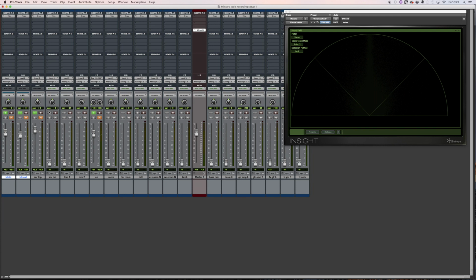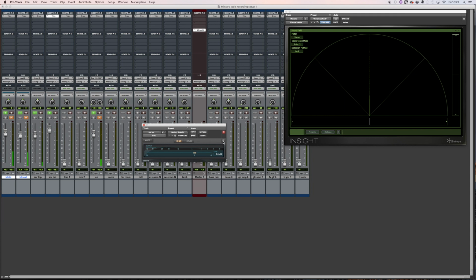Now we'll have a listen to the bottom snare drum mic and compare it to the top. So let's blend that in. And I'm going to just check the phase against the two of these. And to my ears, it sounds better with the phase reversed. That might be kind of strange because usually we reverse the phase of the bottom snare mic against the top. So if the top mic's phase has been reversed, it would suggest that we would leave the bottom mic with